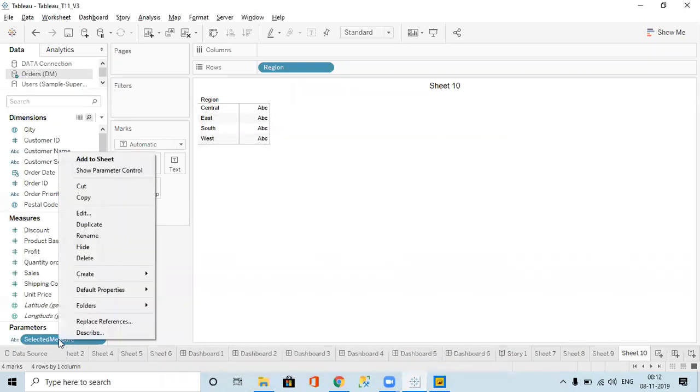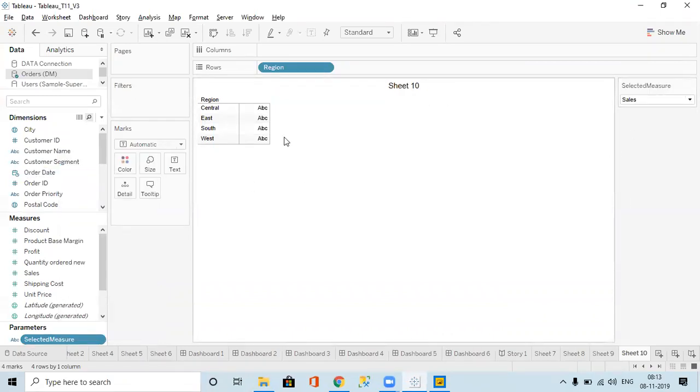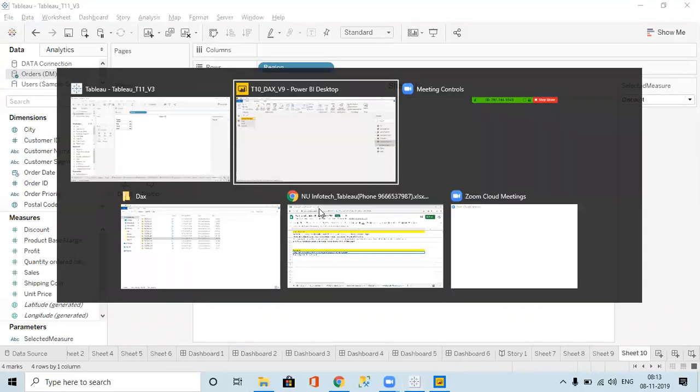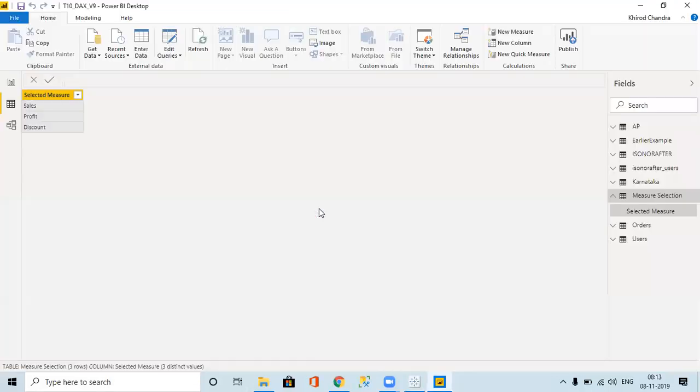Now I can use this parameter as a control. When I select sales, I can get it. When I select profit, I can get it. When I select discount, I get it. But I need to create a calculated measure based upon the parameter. Did you understand, guys? That is what I have done in Power BI.